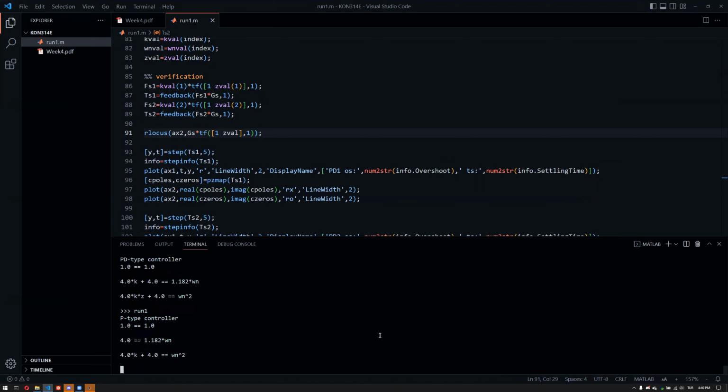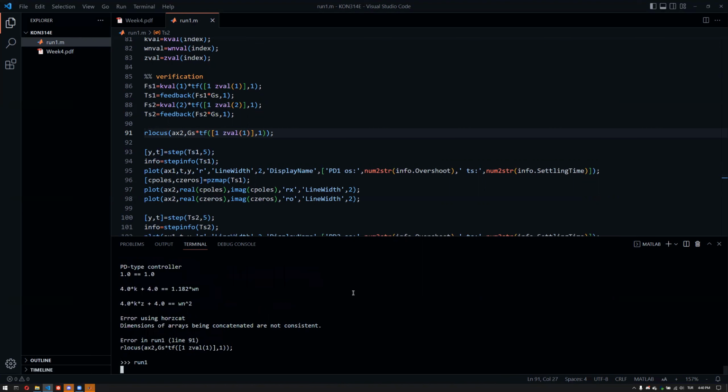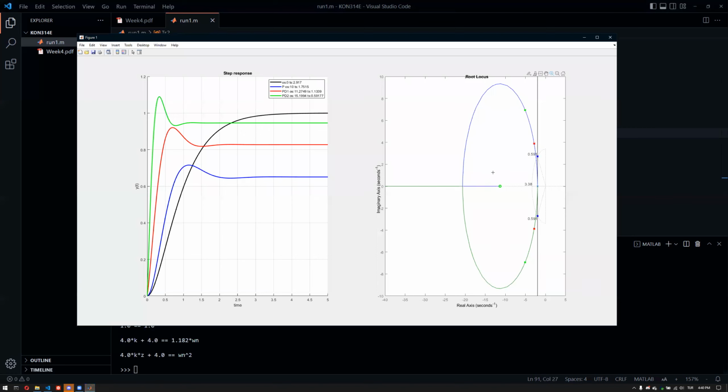So if you're designing a PD controller, what you are doing is you're adding a 0 to the system. I should be calling the first one because there are multiple ones. So you're basically adding a 0 to the system, updating the root locus or bending the root locus so that the design point is available on the root locus, and then you're choosing the p-type controller part in order to complete your PD design. Now you can see that